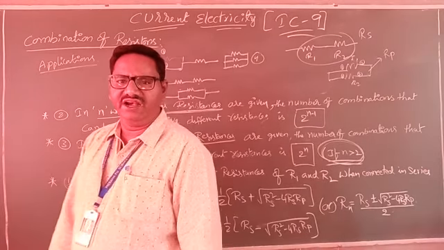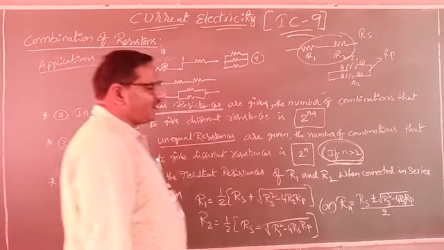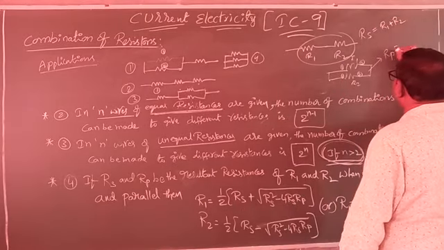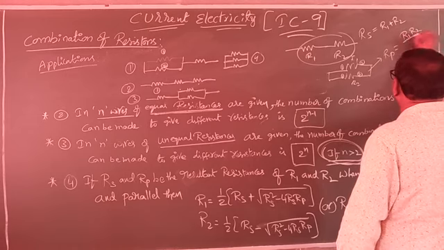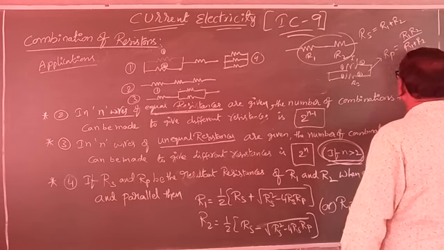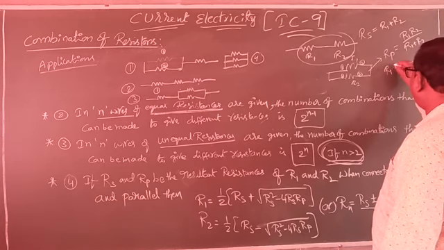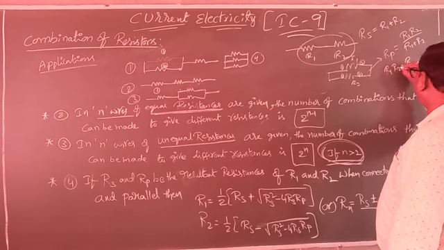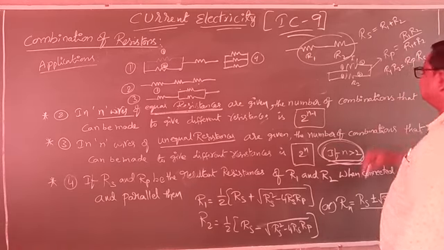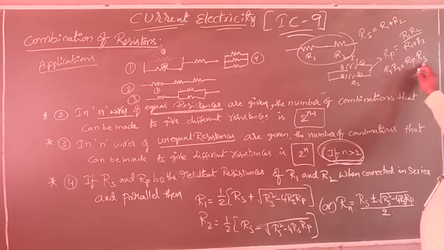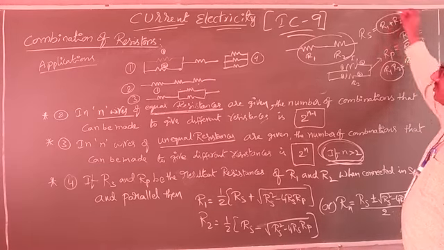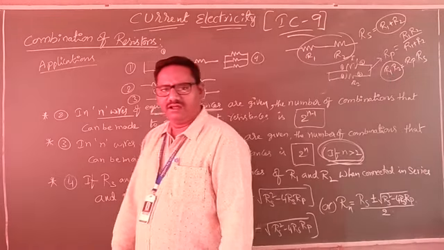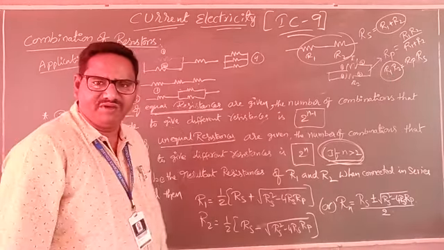Then can you find the individual resistances? Rs equals R1 plus R2. Rp equals R1 R2 by R1 plus R2. Clear? Now by using this, R1 R2 equals Rp into Rs, take it this side. Do you understand? Rp into Rs. Now we have the product AB and the sum A plus B. Now measure A minus B, then afterwards you can find the individual values of A and B.